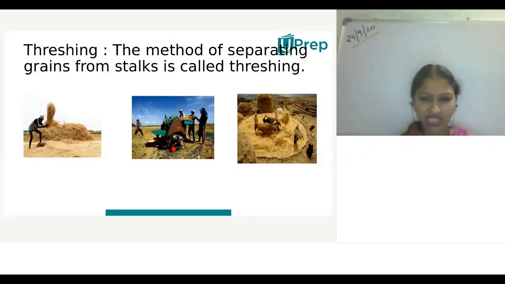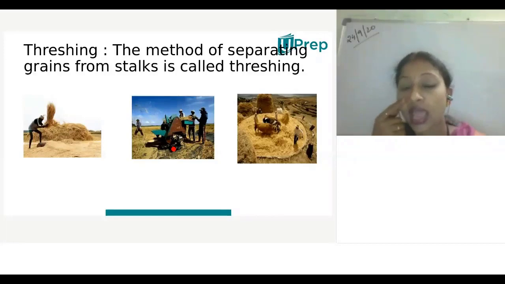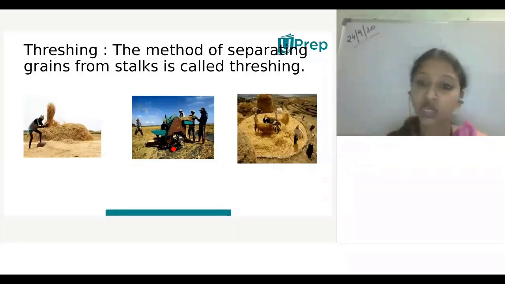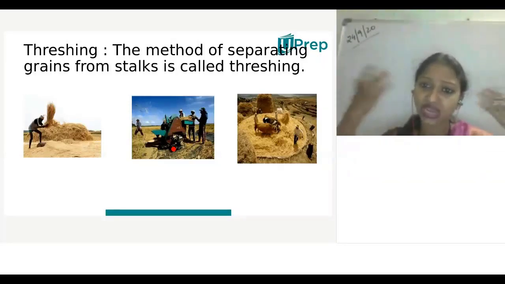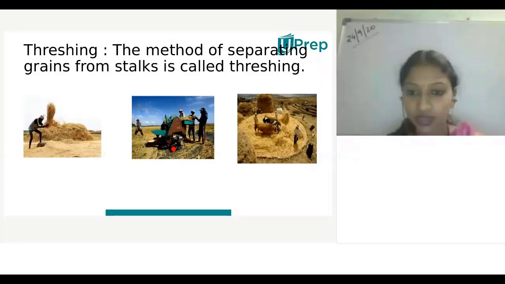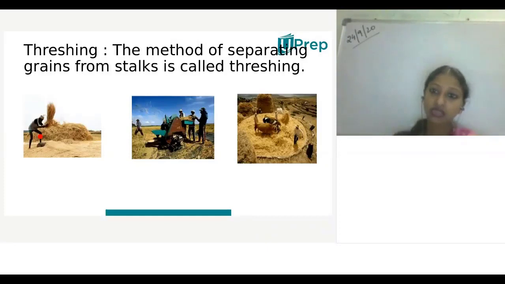Nowadays, if the farmer is economically better off and technically good, he will definitely go with a machine. But some cannot afford machines, so they do their own harvesting the same way. They do the remaining work like crushing and winnowing by themselves. Understood, children? So some do it manually by beating the stalk. By beating the stalk, the grains attached to it are separated with that force.